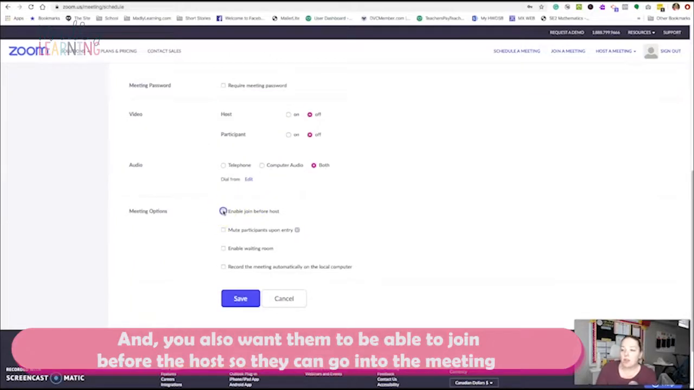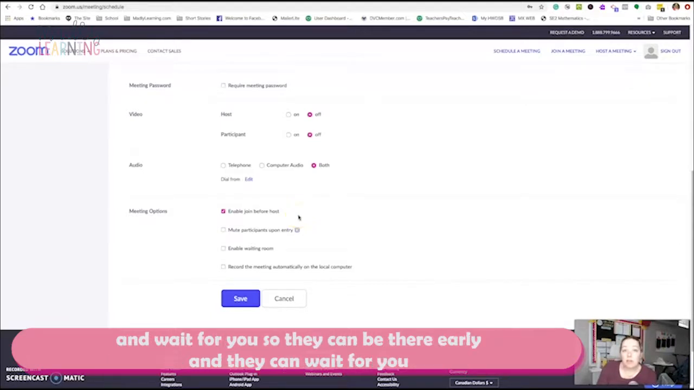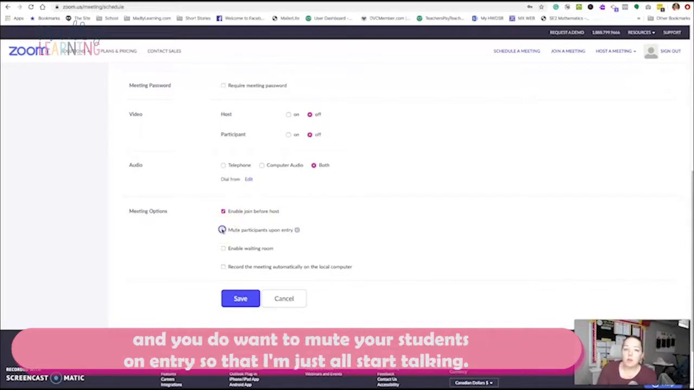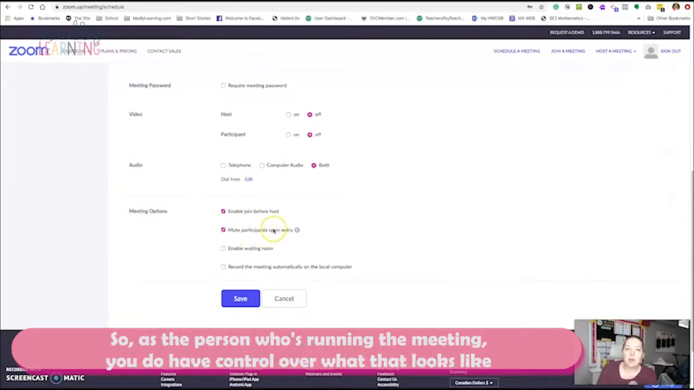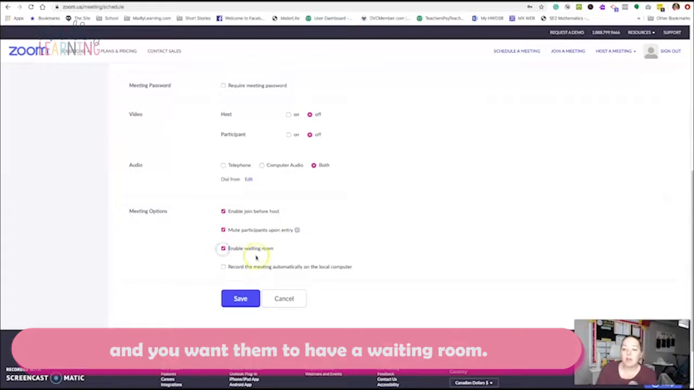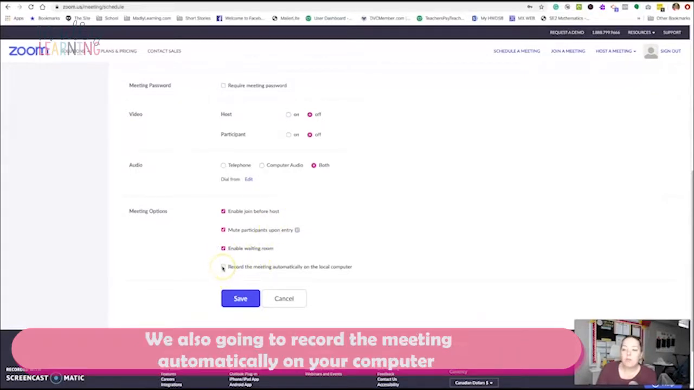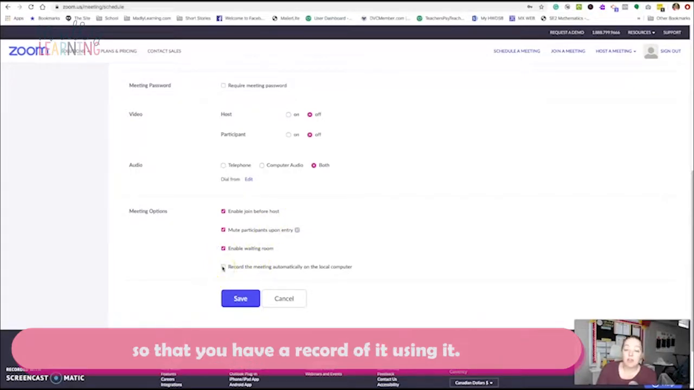And you want them also to be able to join before the host so they can go into the meeting and wait for you. So they can be there early and they can wait for you. And you do want to mute your students on entry so they don't just all start talking. So as the person who's running the meeting, you do have control over what that looks like. And you want them to have a waiting room. You also are going to want to record the meeting automatically on your computer so that you have a record